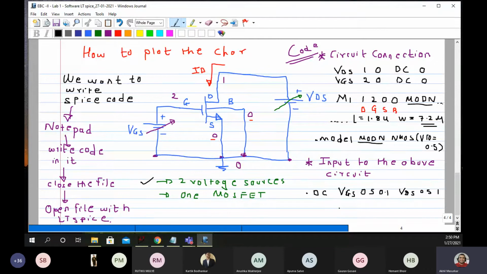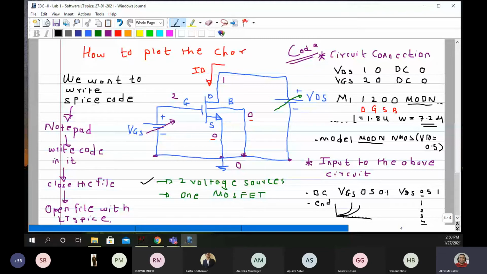That means what? My X will change in steps of 0.1. So I'll get one characteristics for VDS is equal to 0. Next characteristics for VDS equal to 1, 2, 3, 4, and that will go up to how much? 5 in steps of 1. And then finally I will write here dot end.